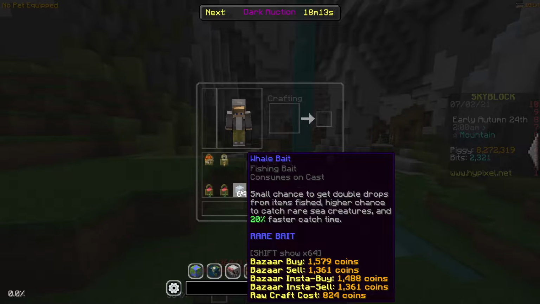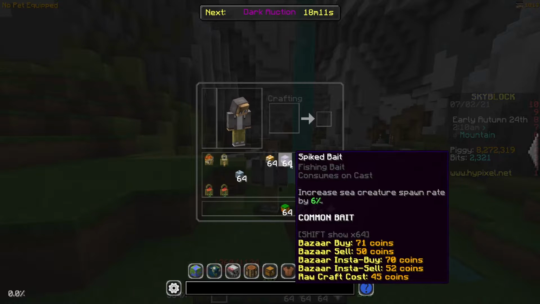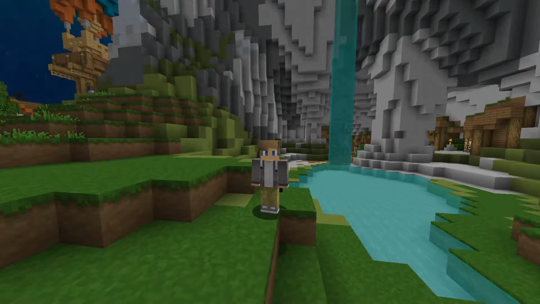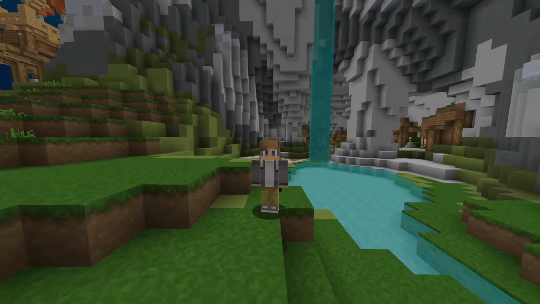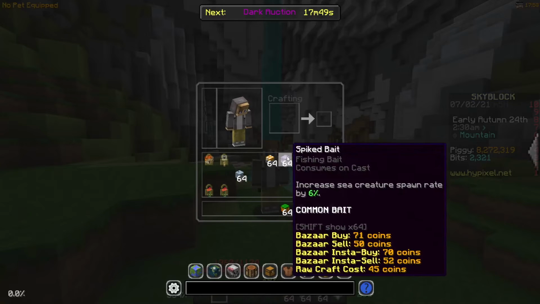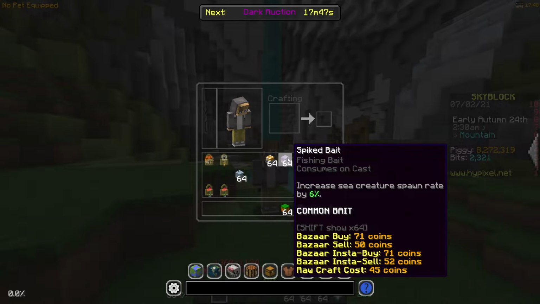Not even whale bait gives you sea creature chance, so this is the only bait that'll give you a chance to get more sea creatures. This means if for whatever reason you really wanted 100% sea creature chance, you could use spiked bait to get closer to that number. The one con of using spiked bait is that there are a lot of enrichments, reforges,